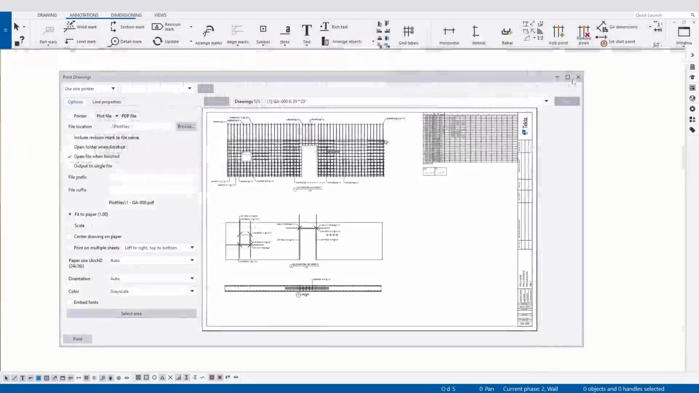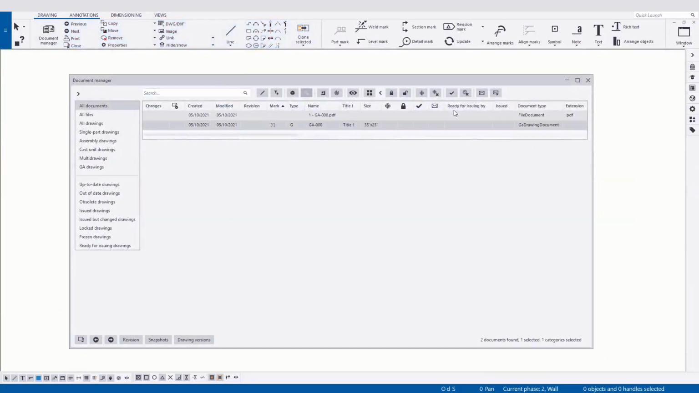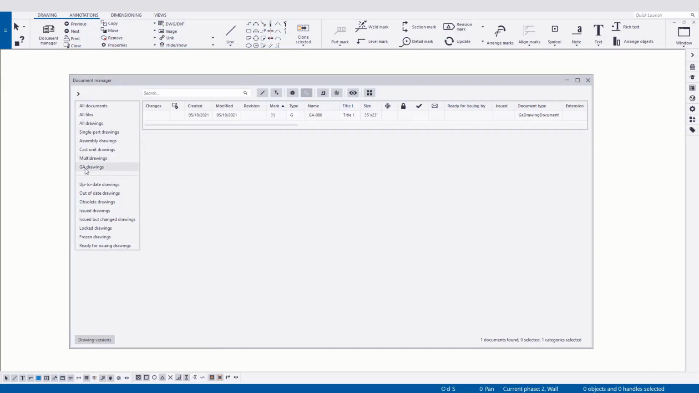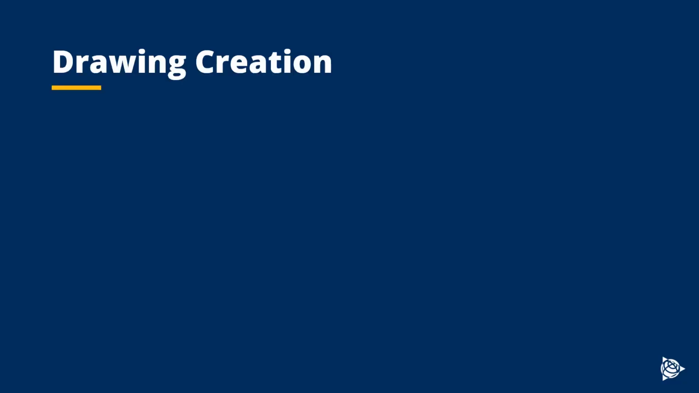Batch printing can be accomplished through the document manager. So when you create different drawings, they're all going to be listed over here in the document manager. You can filter to just your general arrangement drawings, and you can select multiples and then right click and go to print. Now, there's one final point I'd like to make when it comes to creating our drawings for rebar